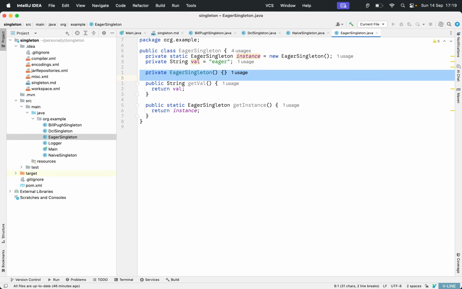That's the simplest way to implement a singleton pattern. For this to work, you have to know all the values you're going to need that are shared across your application.